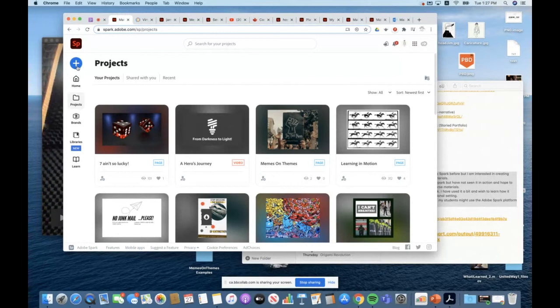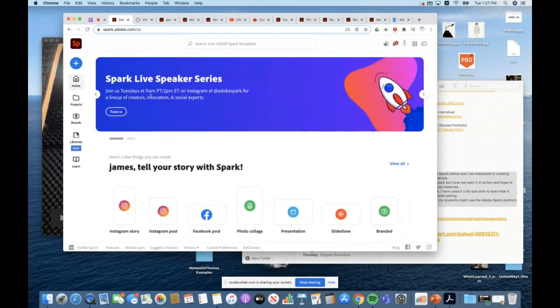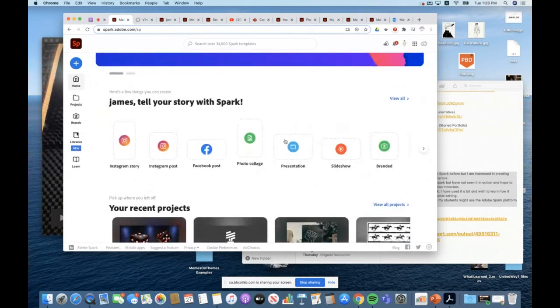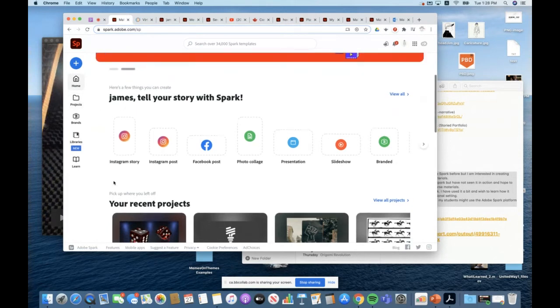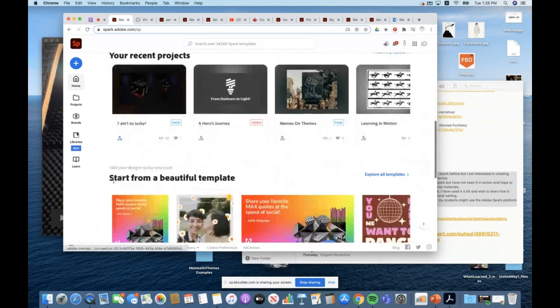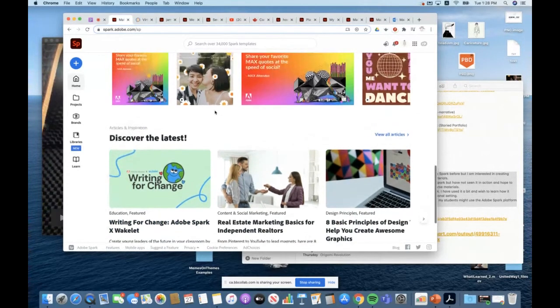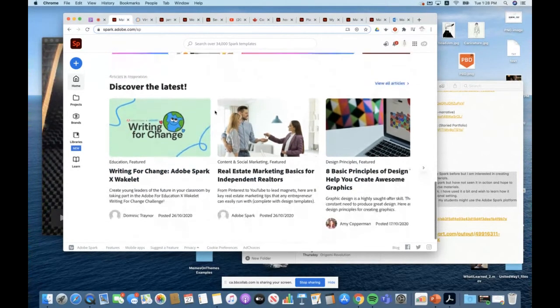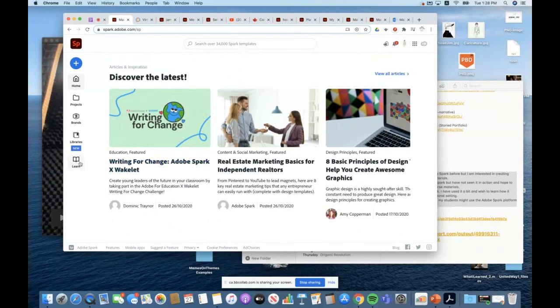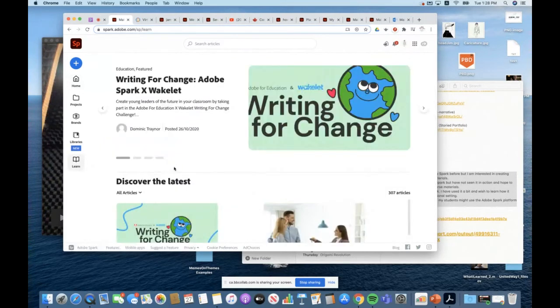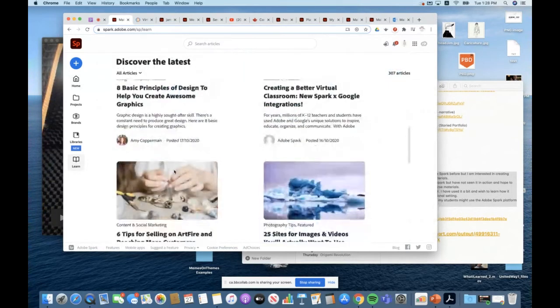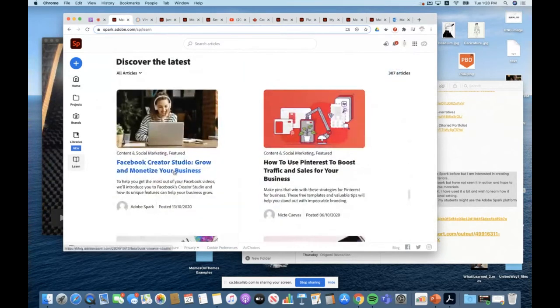So if we go here, you can see there's your home screen. And these are all your starting points, depending on what it is you want to create. And these are your recent projects that you've worked on. And you have a whole bunch of templates. So like I was saying earlier, if you're not a designer, that's not a barrier. That's being removed. If you don't know how to use it, that's not a barrier either. There's all this great learning content down here that will allow you to learn how other people are utilizing the platform.